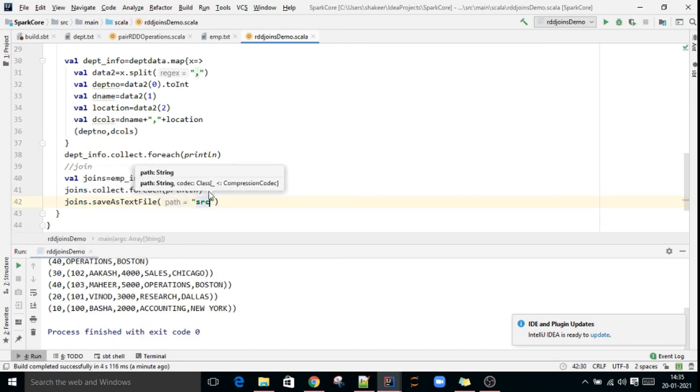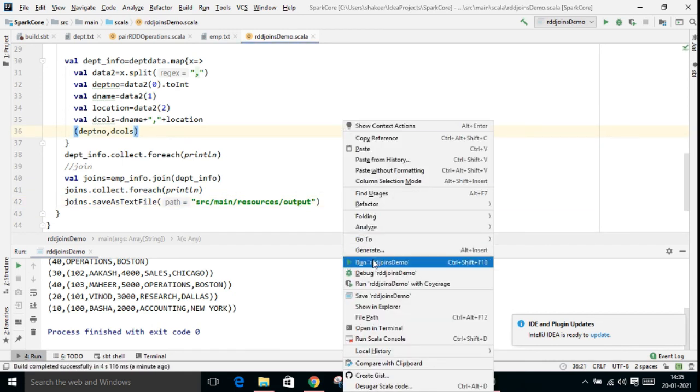Here we give src/main/resources/output. Okay, if I execute now,